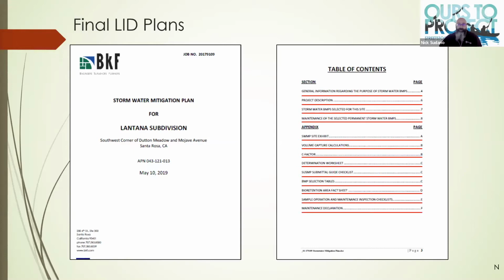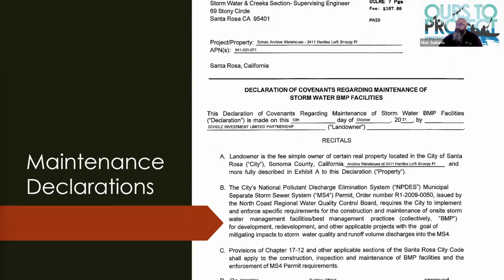And then your maintenance declaration tends to be in here too. And usually this is just an example maintenance declaration. Your maintenance declaration is usually separately recorded. And again, this is the legal requirement for the property owner that's tied to that APN that requires these features